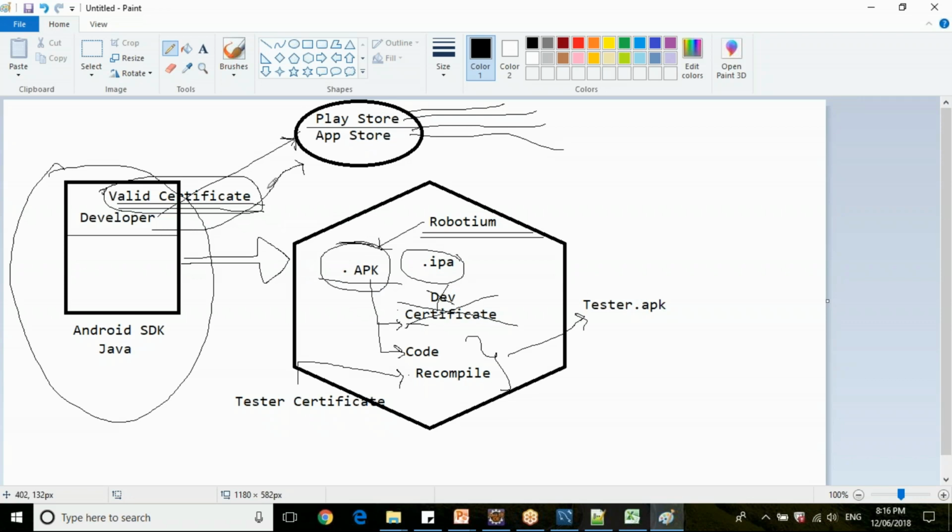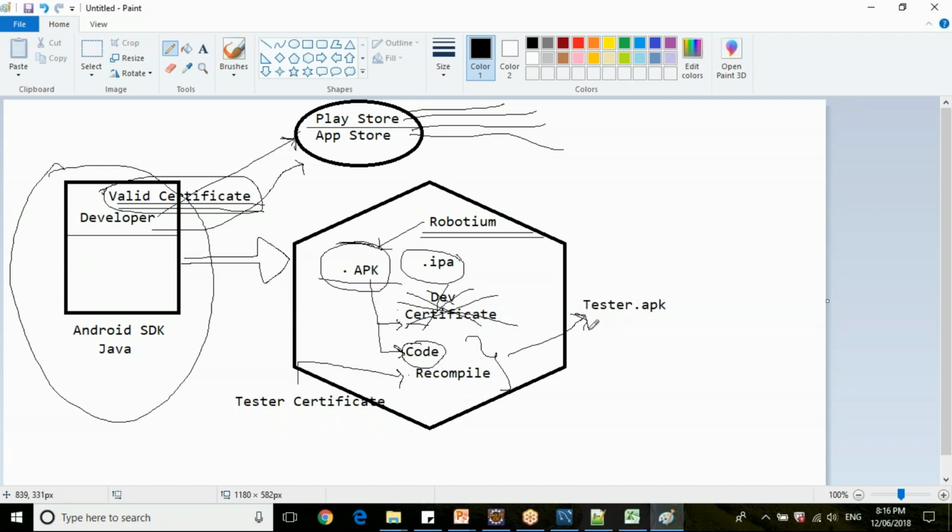Now the tester will not have complete access to the application to identify the XPath, name, ID and so on. So what will the tester do? He will remove the developer certificate, then create the tester certificate and recompile with the actual code that the developer built. Then he will create the tester APK, and then test this application for automation.